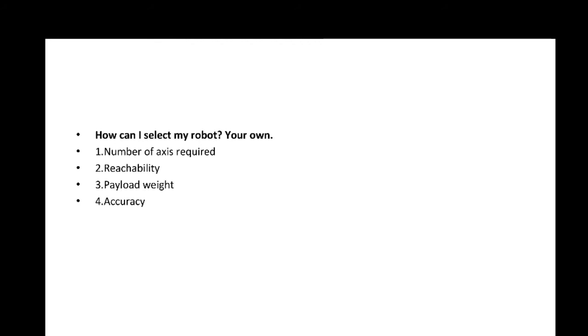Okay, third one is payload weight. Payload weight is nothing but this: a robot has some particular weight, and the robot wants to do some activity in your industry. In my application, I have to pick some product with my robot and place it in another region. The robot already has some weight, but the robot is going to pick some material. The weight of the material being picked is called the payload weight. And then accuracy. Accuracy, in the word itself, you people know it means accurate, fine, repeated values. We need that.